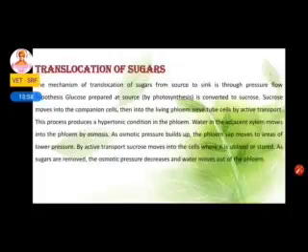The next one is translocation of sugar. Translocation of sugar is nothing but the stored sugar being reused or remobilized by the plant. As I said, in phloem transportation, the leaf will produce the food and it is stored in the sink region. So when the plant is in need of food, the stored food material in the sink is remobilized and it reaches the leaf. So this is called translocation of sugar.